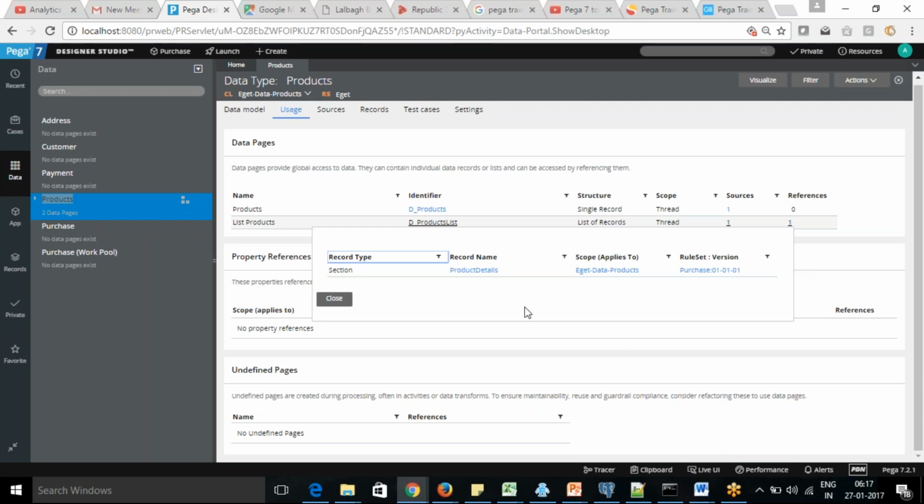So Mukesh, Saket, yes, Saket. To add a column in a table, you need to add the record both in the data model tab and the records tab, is it? Yes, that's right. Why is it so? Can you explain why we need to add in two tabs?